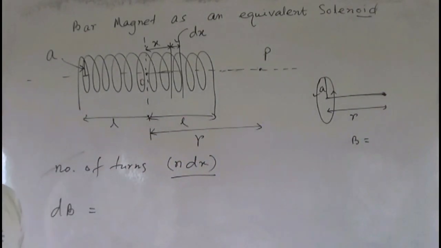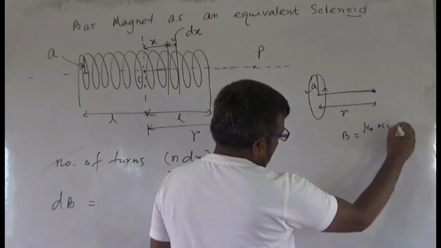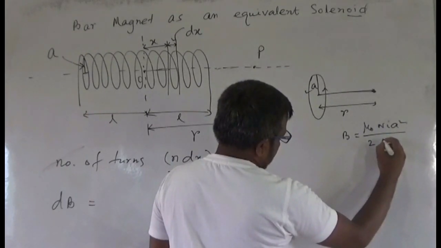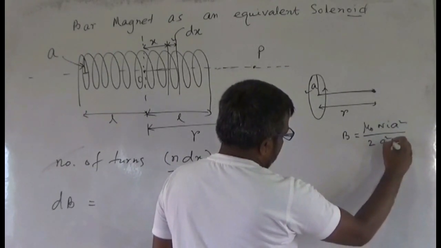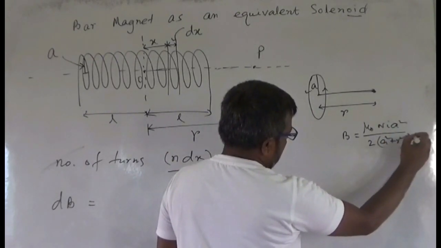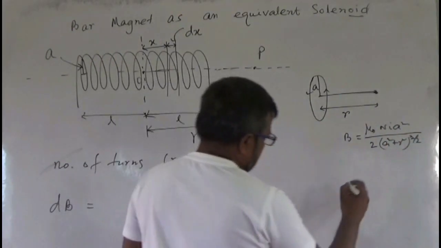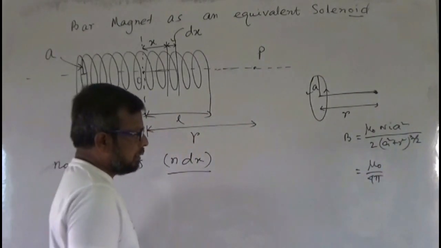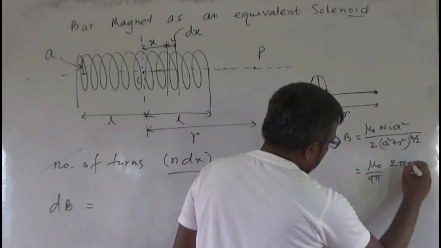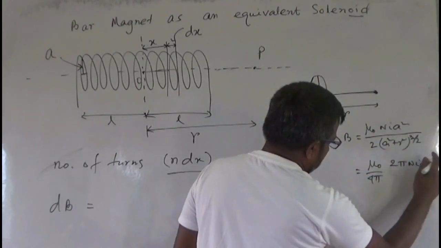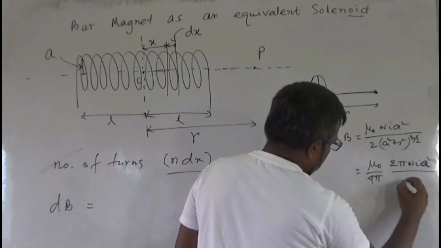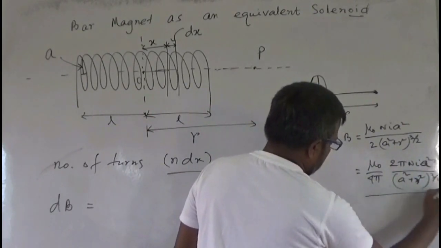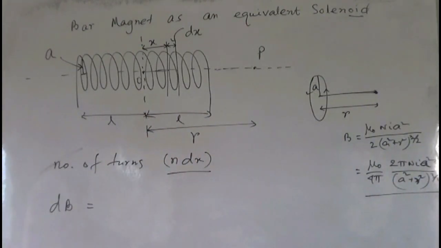We have deduced this expression: mu naught n I a square divided by 2 into a square plus r square to the power 3 by 2. This can be written as mu naught by 4 pi, then we have to put here 2 pi n I a square divided by a square plus r square to the power 3 by 2. This was our expression for the field